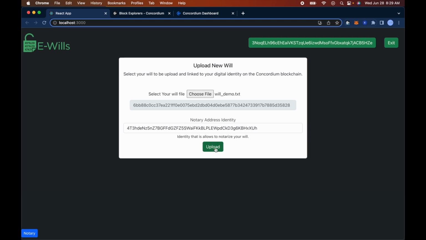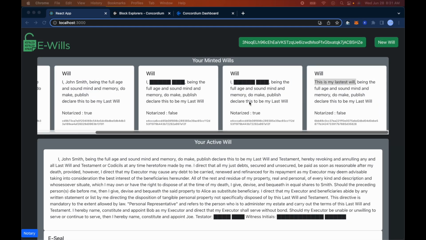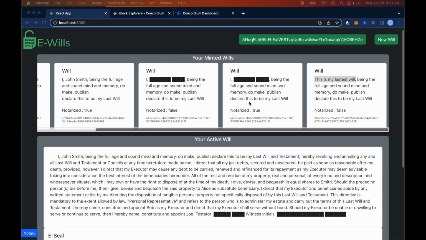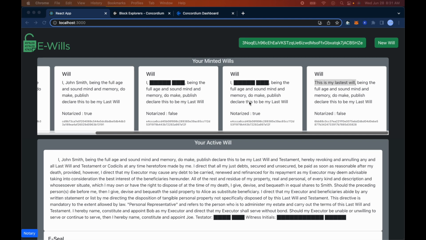that. Now, what the upload actually is doing is we're uploading this file directly to IPFS. So sign submit. I believe it takes half a second. So we uploaded that will. Now what we're going to do is notarize that one, and what it will do is also set it to our active will. So I'm going to jump down here, this little button, and it will allow me to notarize